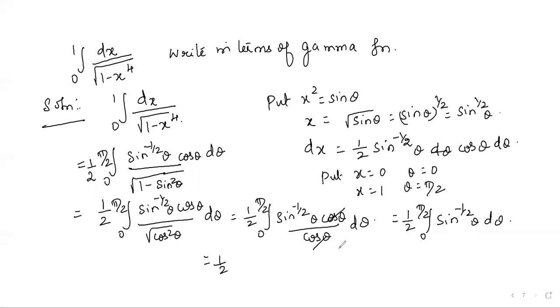The sine power minus half theta can be written as a half into root pi by 2 gamma of minus half plus 1 by 2, then divided by gamma of minus half plus 2 divided by 2, and this is actually root pi by 2, and therefore you will be getting root of pi by 4, and simplifying this, minus